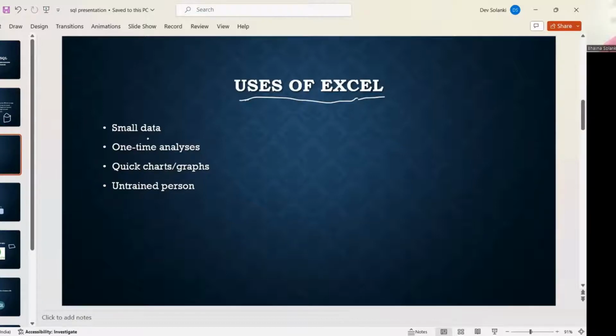If we have a small amount of data to record, then we use Microsoft Excel. If we want to make a one-time analysis, we use Microsoft Excel. If you want quick charts and graphs, then also we use Microsoft Excel. An untrained person, a person who does not know any coding or programming language, can use Microsoft Excel for their analysis. So that's why we are not using databases in this scenario. We can use Microsoft Excel, but